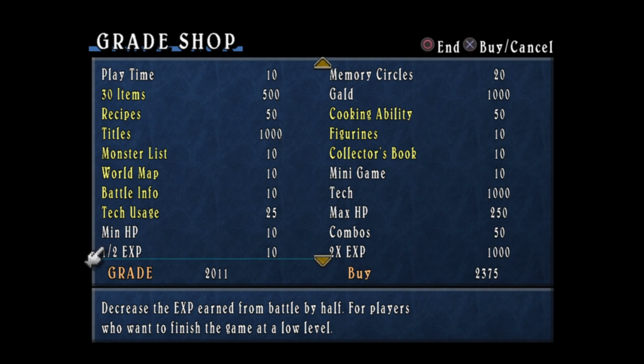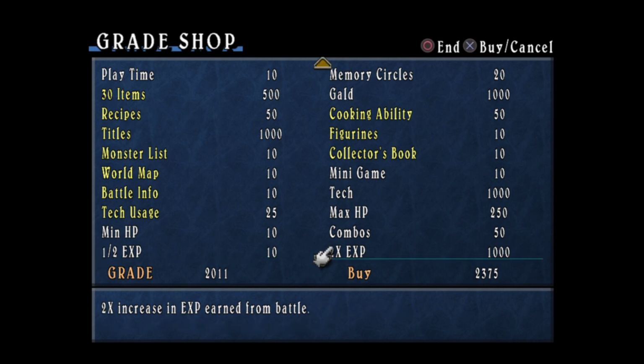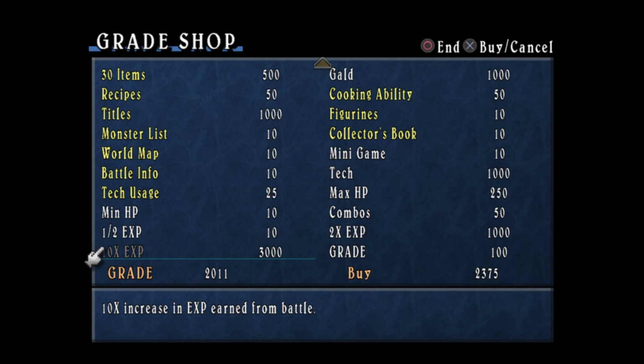Brain fart. The Cardinal, the Grand Cardinal in the undersea ranch. I'm forgetting his name, but anyway, there's the 2 times experience. There's the 10 times experience. There we go. Increased grade, I want. Okay. So we got